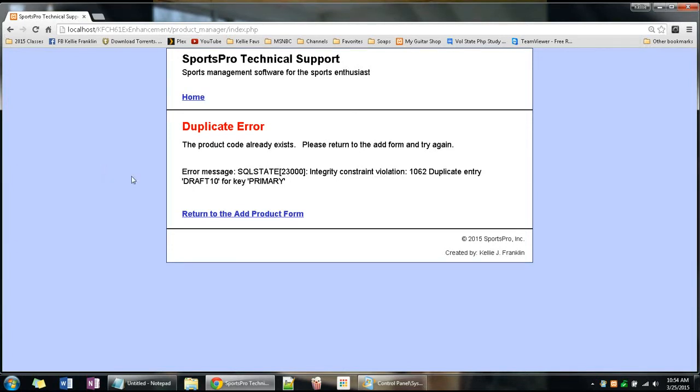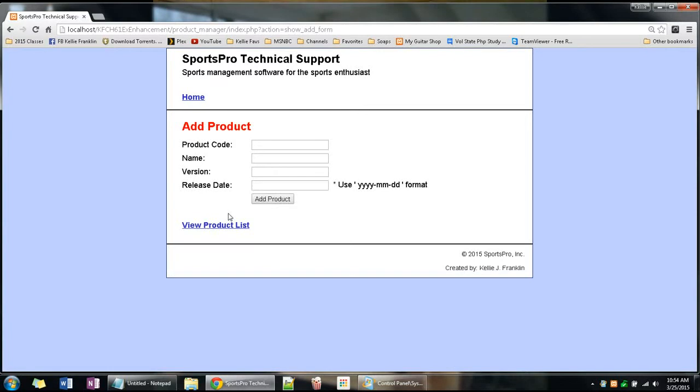And you can already see it pressed enter for me. It says duplicate error. The product code already exists. Please return to the add product form. Which, that's fine, that's probably how it's supposed to work. But the only problem is, if you look inside of the folder the way that I've got it set up,